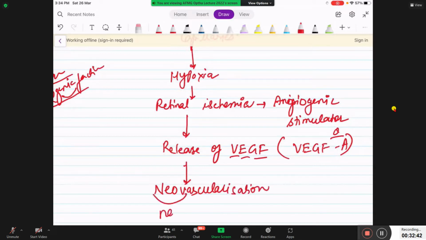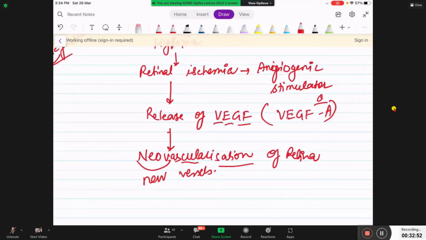Neovascular means new vessels. New vessels are formed. This is called neovascularization of the retina. And the problem with these new vessels is that they are very fragile and they tend to bleed easily. Now, if they ask you in a question, which is the hallmark